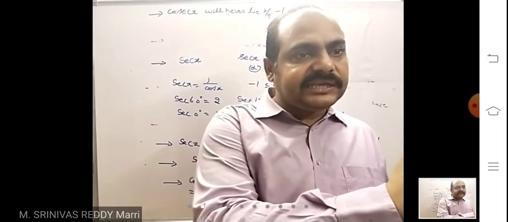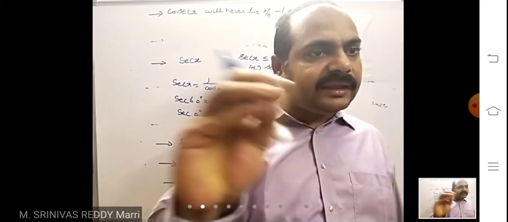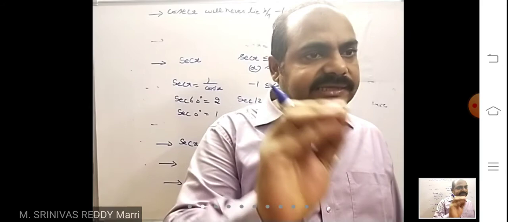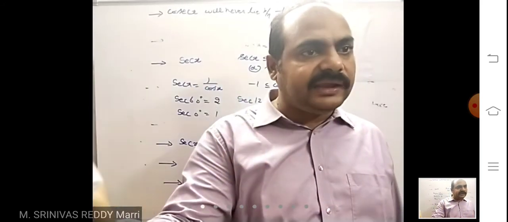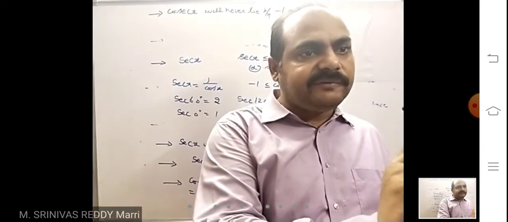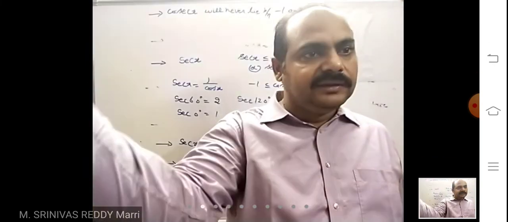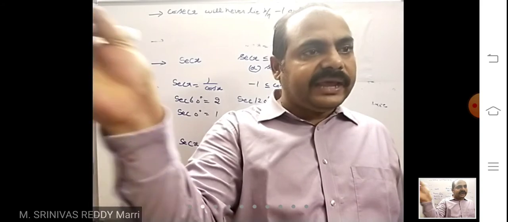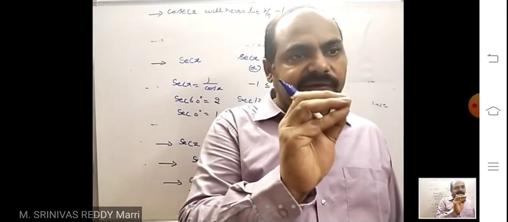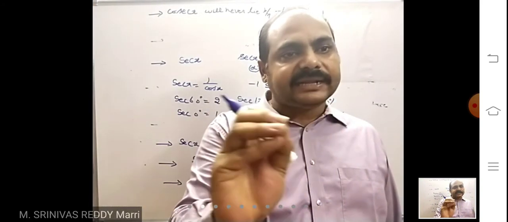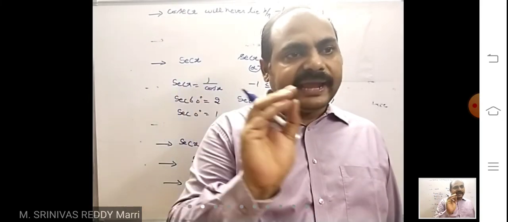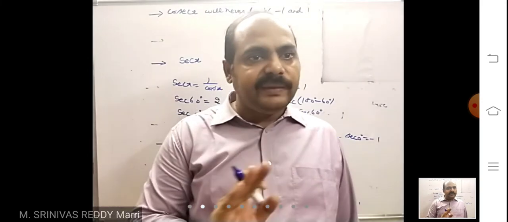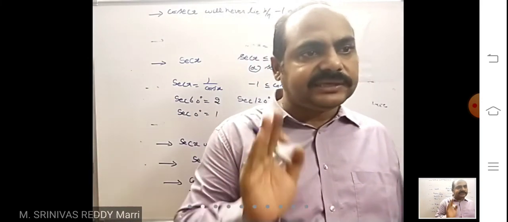Next, tan x. Tan x, you will get any real number. Tan x equal to 10, there will be an x value. Tan x equal to -10, there will be an x value. Because tan x you will get between -infinity to infinity. Any value you will get, there will be an x, right? So like that, tan square x, how will it be? It will always be greater than or equal to 0. If tan square x is, suppose let us say -2, is there any x value? There won't be any x value. Minimum value you will get is 0.